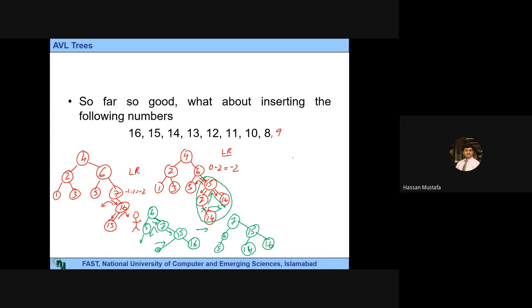इस इंसर्ट का। ठीक है जी। तो 4 इज स्टिल ऑन द रूट, उसके लेफ्ट पे 2, 2 के लेफ्ट पे 1 और 2 के राइट पे 3, 4 के लेफ्ट पे अब 7 आ गए। ठीक है, तो ये वाला ट्री मैं पूरा ऊपर ड्रा कर देता हूँ। 7 के लेफ्ट पे मेरे पास 6 और 6 के लेफ्ट पे मेरे पास 5, 7 के राइट पे है 15, लेफ्ट पे है 14 और राइट पे है 16। ठीक है जी।